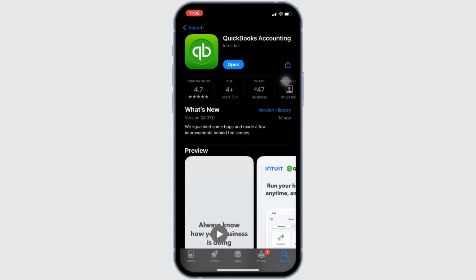Right here, instead of open, if it shows the option of update, then your application is not up to date. In this case, all you want to do is tap on update and update your application to the latest version. Once you have the latest version of the app, now the next step you want to do is head over